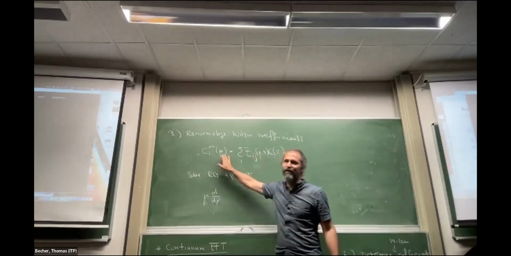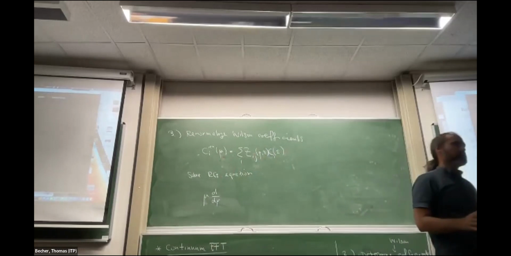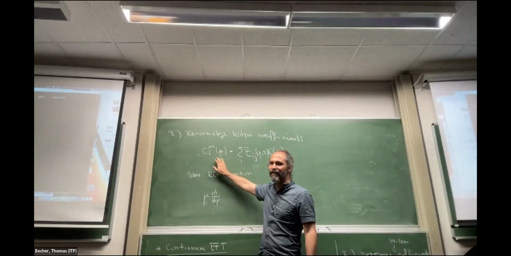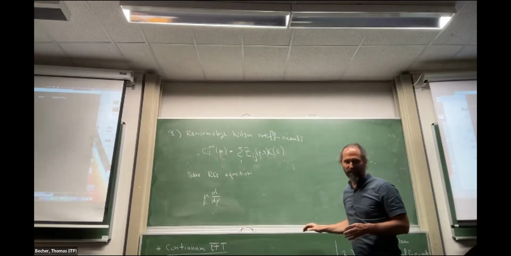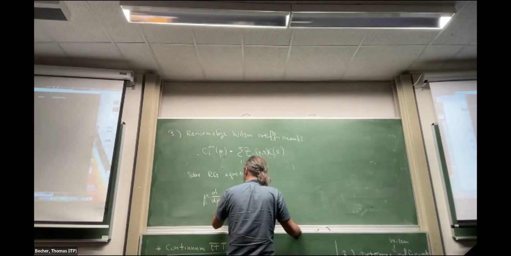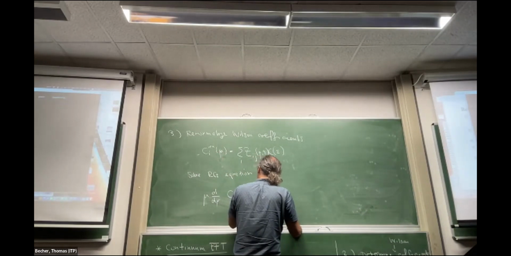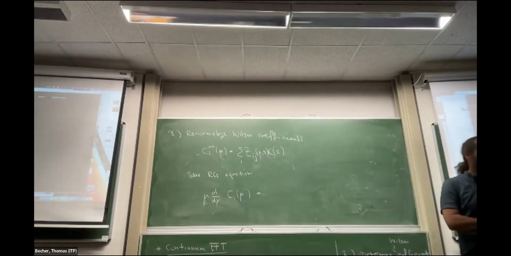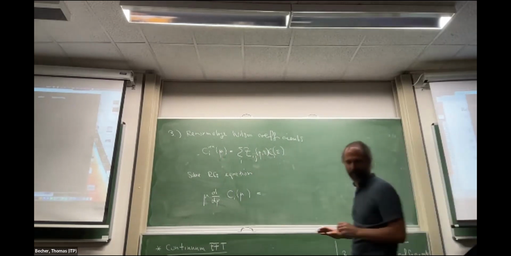So in this process, this weird scale mu arises. Physics cannot depend on this scale mu that arises here. And so that imposes some constraints. And this gives some evolution equations for the mu dependence. So the mu dependence must behave in a certain way that at the end the physics result is independent.